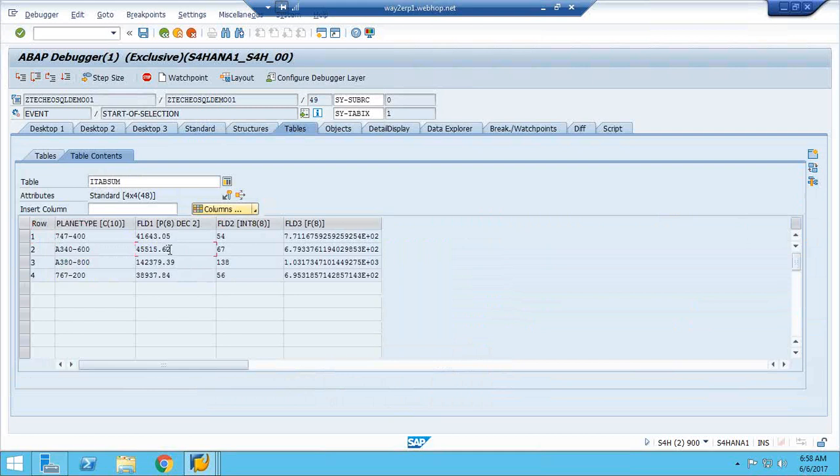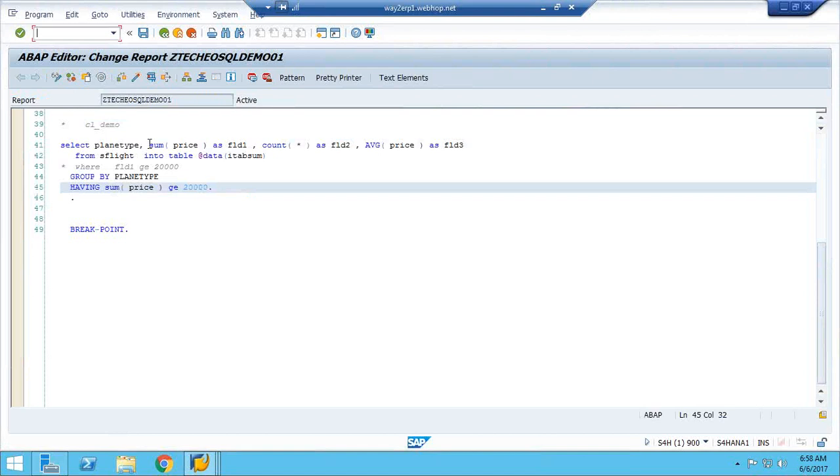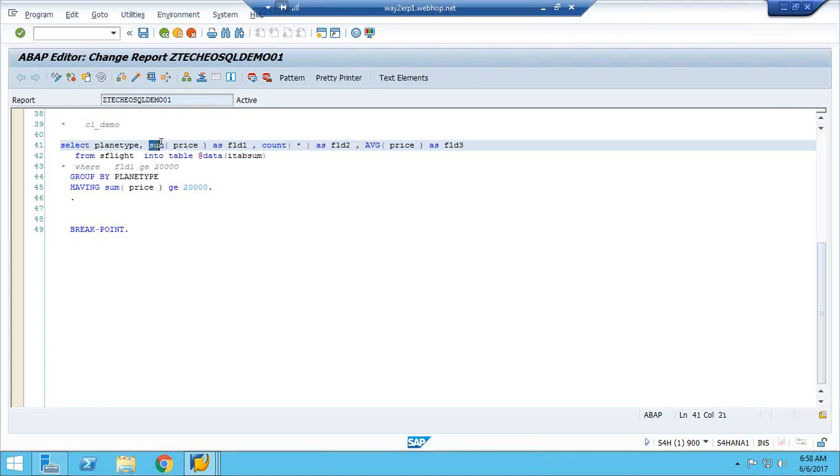Okay, clear? So that is the difference. In aggregations, there are functions like average, count. These are the aggregation functions. Different aggregation functions will be there.